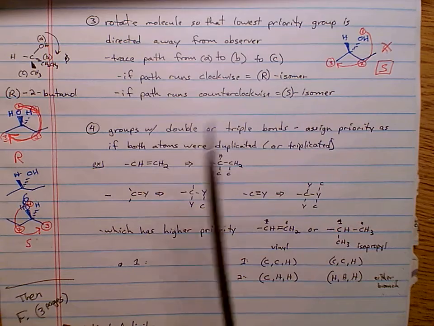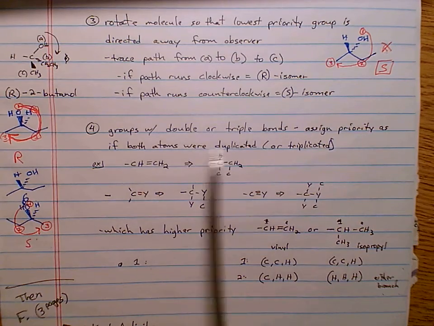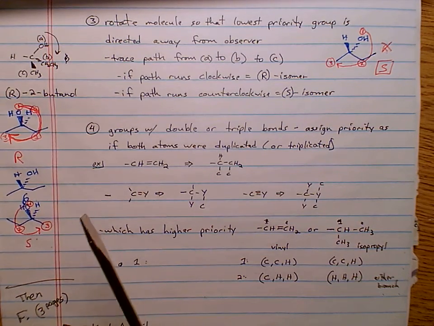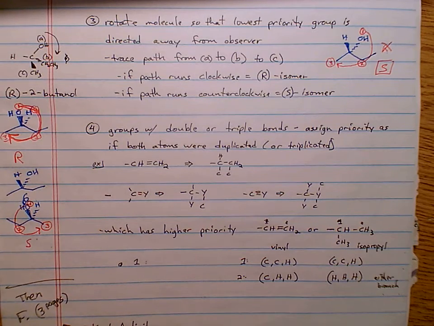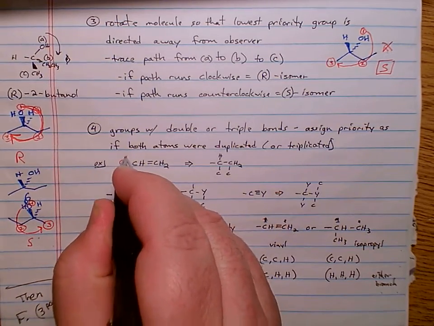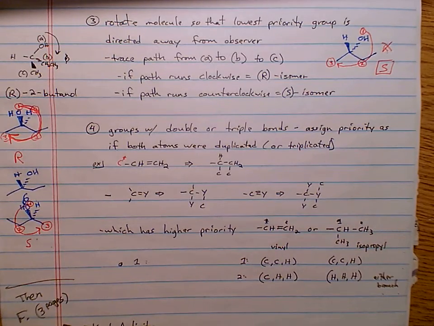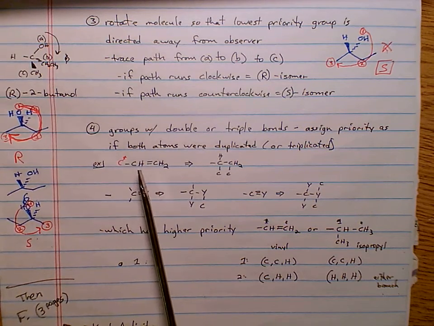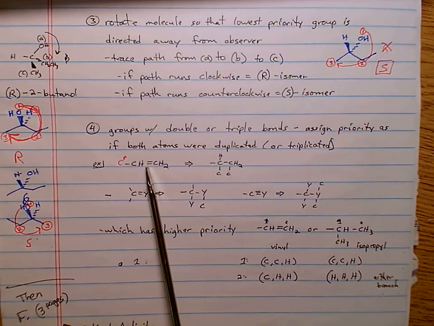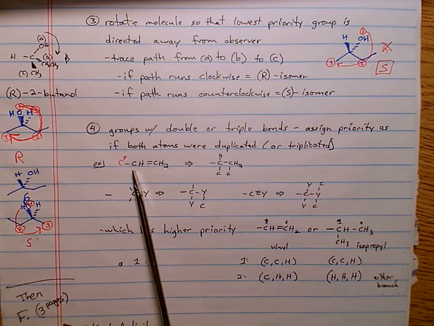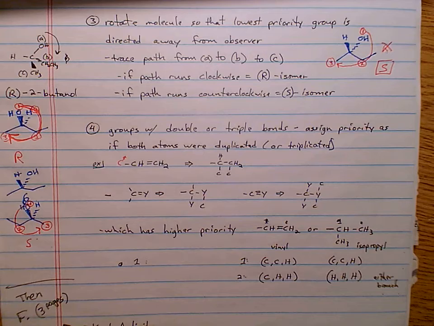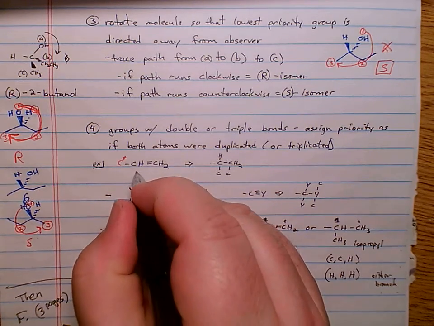Now, occasionally you have issues when you have double or triple bonds and you're trying to assign priority. When you do that, say you had a chiral carbon right here. This was a chiral carbon. I'll give it a little asterisk. And you say, okay, well, what's on this carbon? What are the 3 groups on this carbon? Well, there's an H on there. There's a carbon. Since it's a double bond, we say, okay, there's another carbon on there. So for this carbon, the 3 groups bonded to it, we would write that as